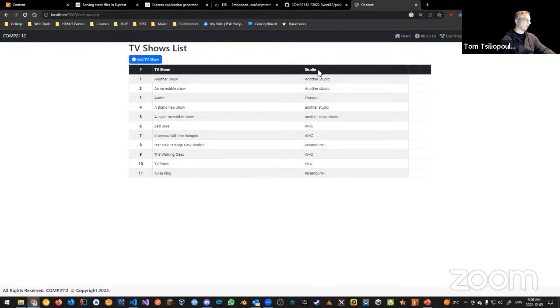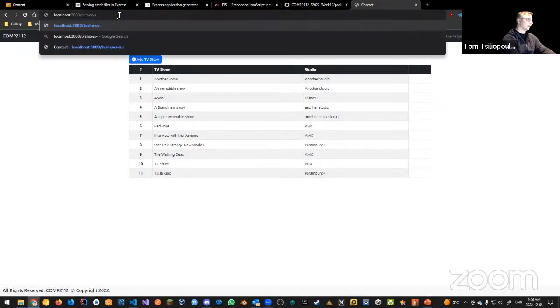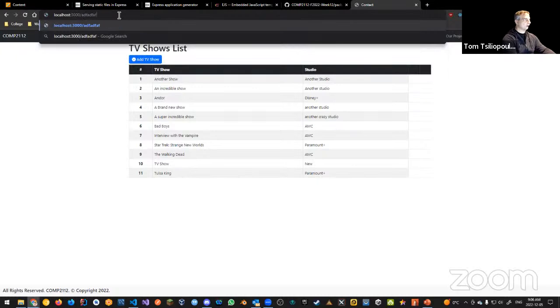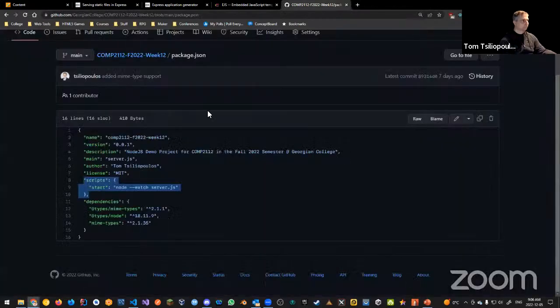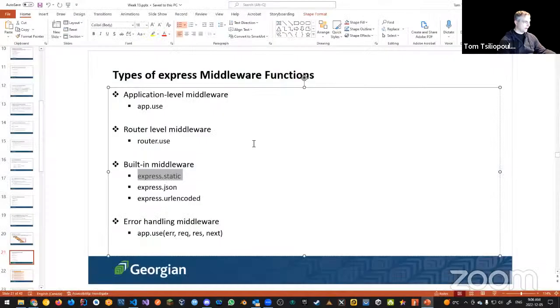Okay. And the other thing to note for this one is, what if I put in a link that doesn't work, like something that looks like this? What happens then? It'll give us cannot get, because there is no catch-all for that kind of thing. We don't know what this is, and because this does not exist, it's going to give us cannot get. Now, there's ways around that if we wanted to make our static files work this way, but that's really it. Okay, nice. And I've closed that off because we're going to come back there in a second.